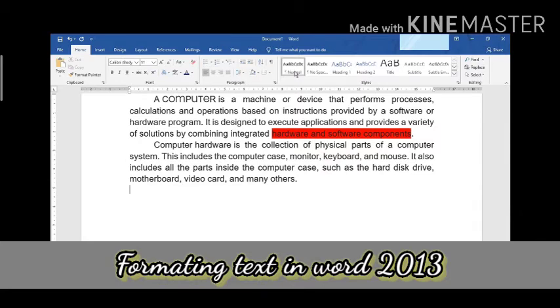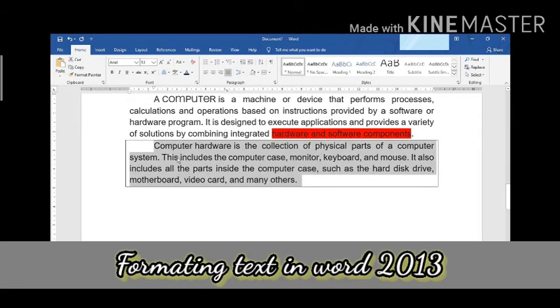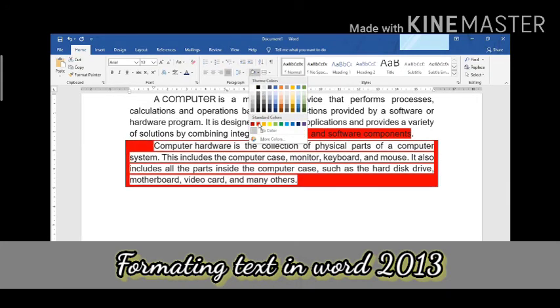let's apply borders and shadings to this particular paragraph. So in the paragraph you can give any border from over here. See, like this. You can choose whichever kind of border you want to. From this you can give the color also to the particular border, like this.